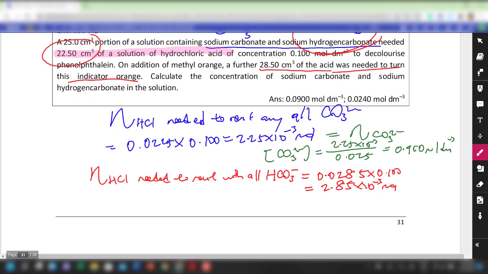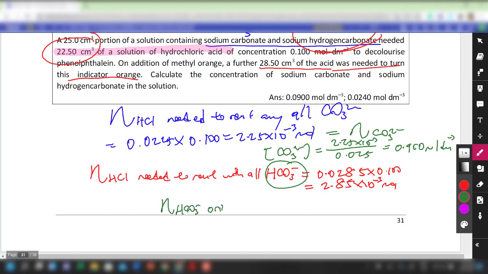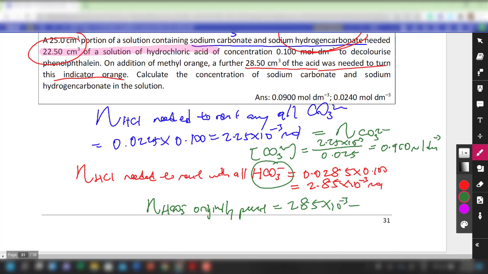But again, the bicarbonates come from two sources. So I need to find out the number of moles of bicarbonate originally present. That will be 2.85 times 10 to the power of minus 3, minus